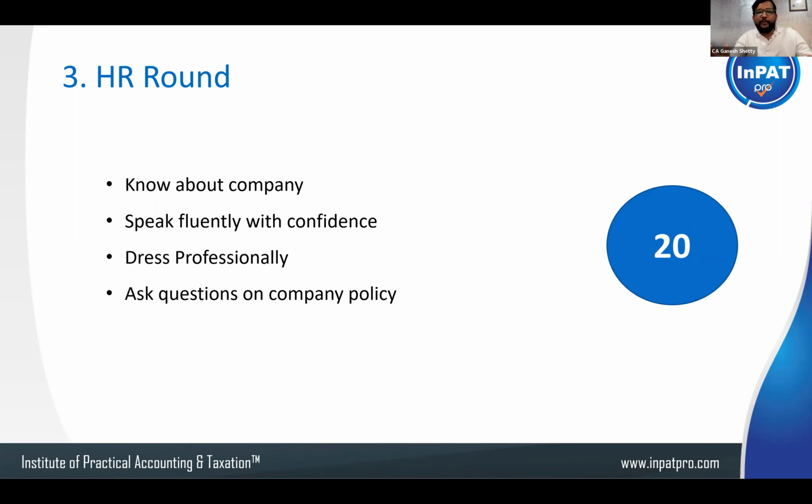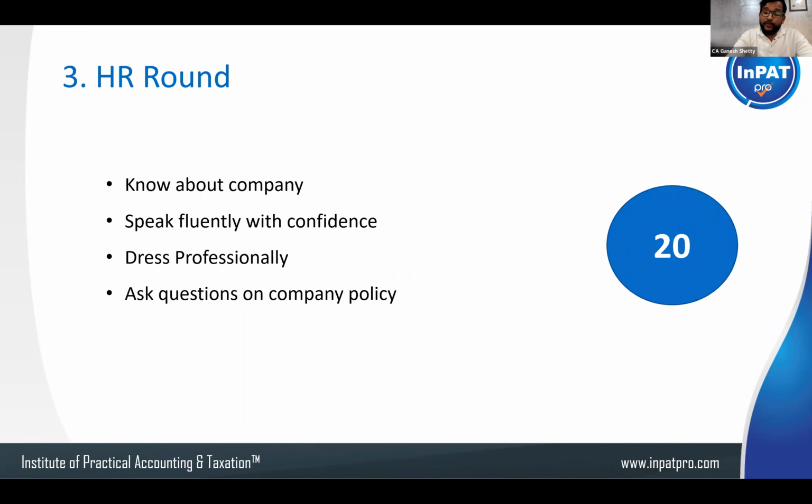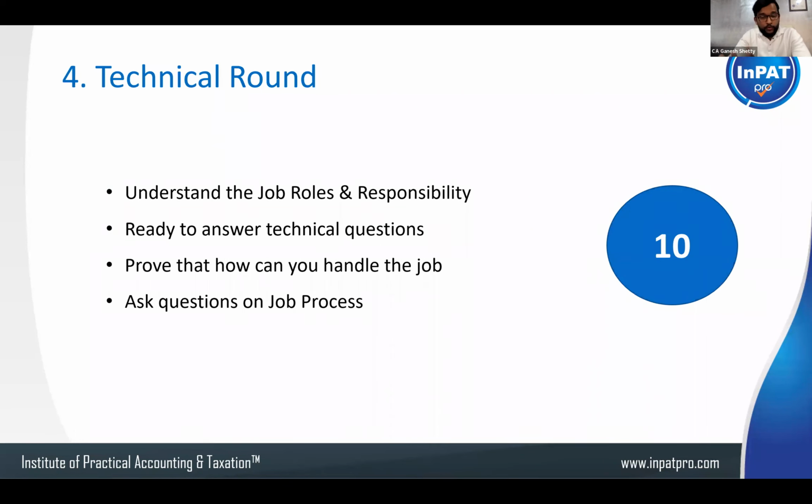Then at the end of the day, maybe in the middle, if you get a chance to speak in Kannada, you speak in Kannada with their permission. Otherwise, if they speak in Kannada, you can start with Kannada. That is the way. So this is about the HR round. Then if at all you get selected out of these 20, out of 10, if you are one of them, you will be facing the technical round of interview.